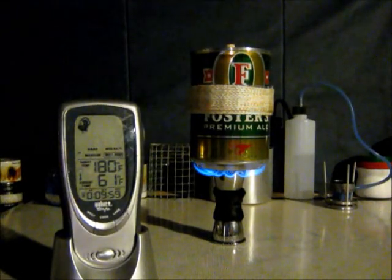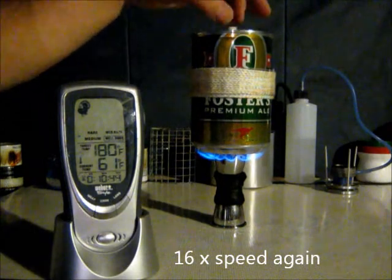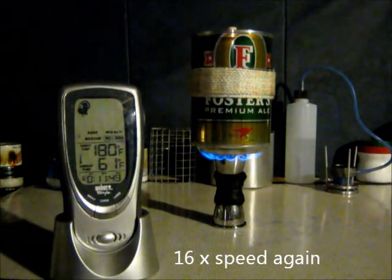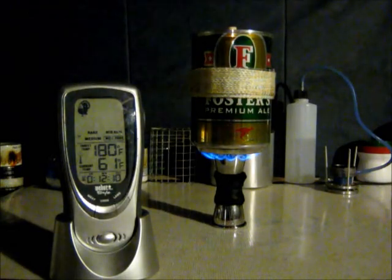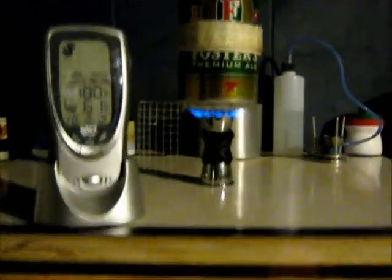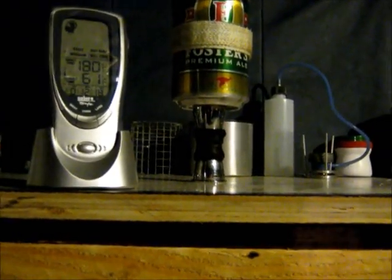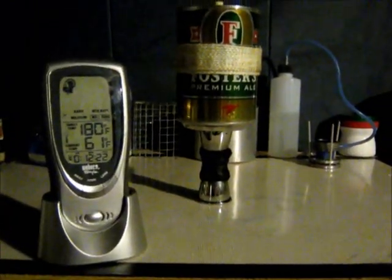Let's see how long it goes to run out. Just past 12 minutes and we're still going. I am going to lower this back down so we can see. Oops, sorry. Actually, it rolled on as we did it. So 12 minutes and 15 seconds it ran out. Alright. So that's my shot glass stove,